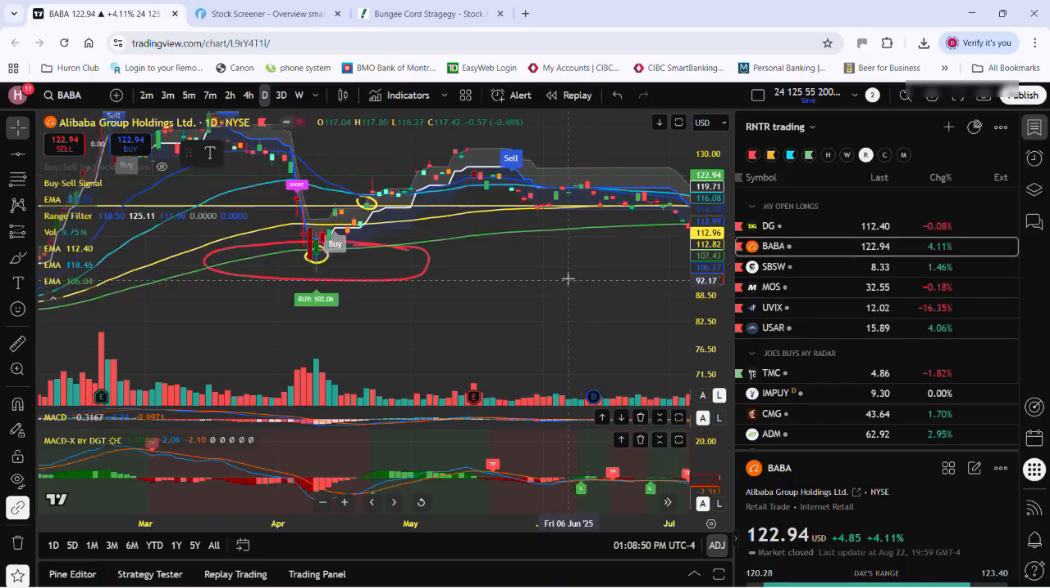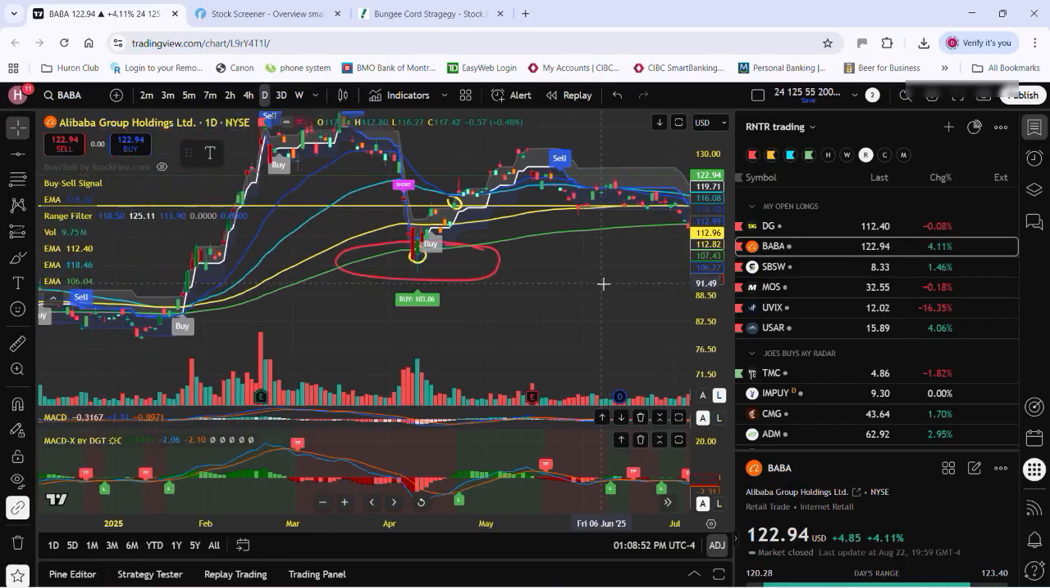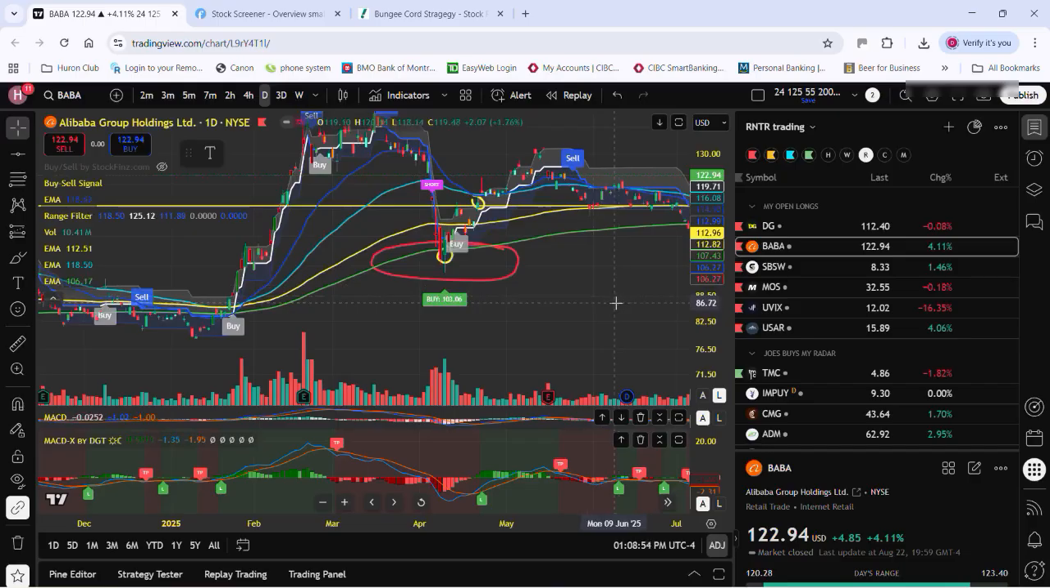Sometimes if I got stocks in the dollar range, I'll use the 4 hour and the 2 hour, or the 4 hour and the 1 hour, exactly the same way to get those kind of results. I might actually have one